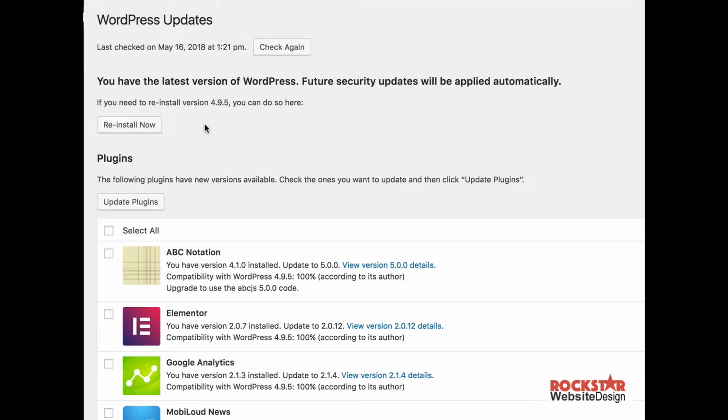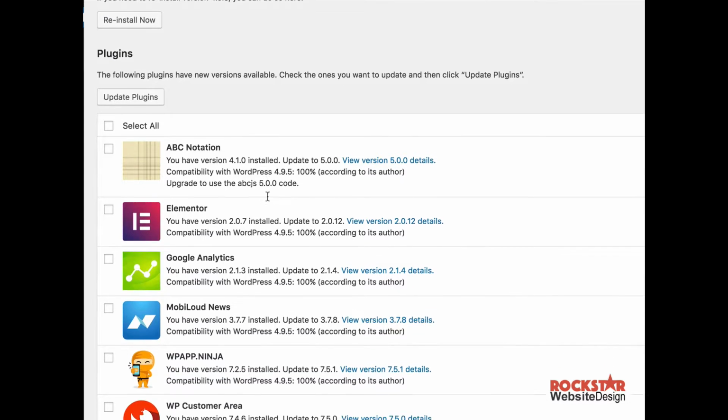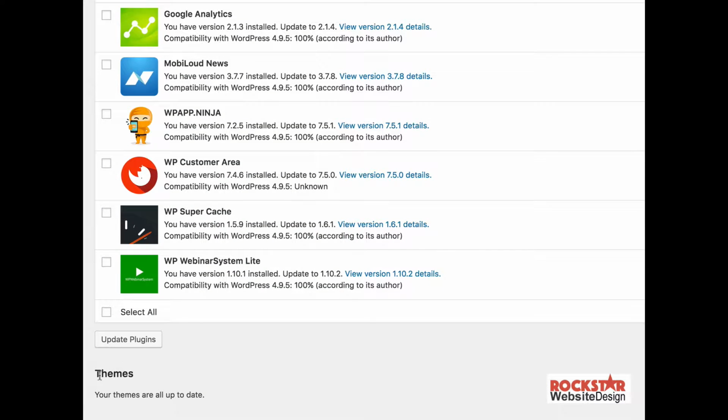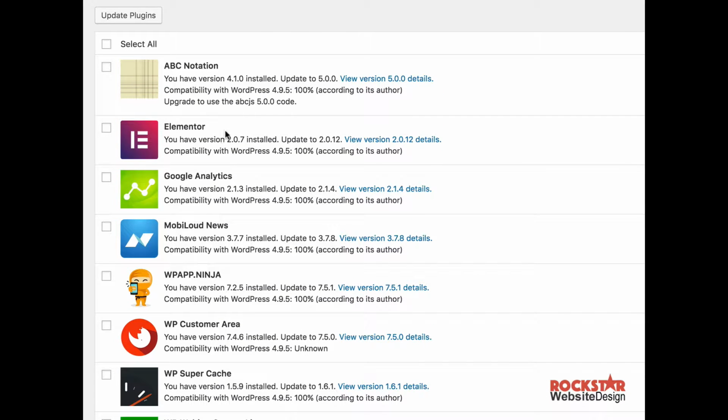The second category is your plugins, and as you can see, I've got 8 plugins here that need to be updated. The third category is your themes. If there are any themes that need to be updated, those will show up much like the plugins show up here. They'll show up in a list down here, and if there's more than one, as is the case with